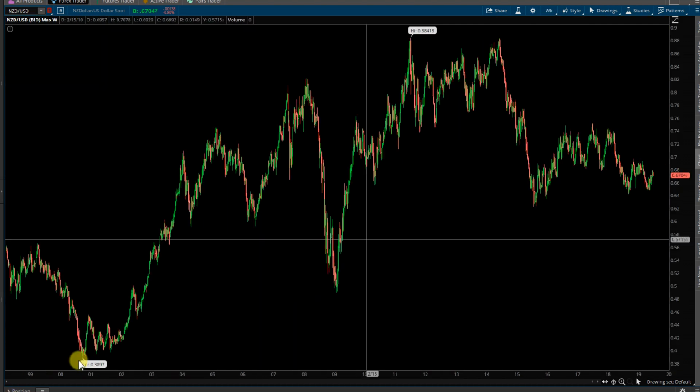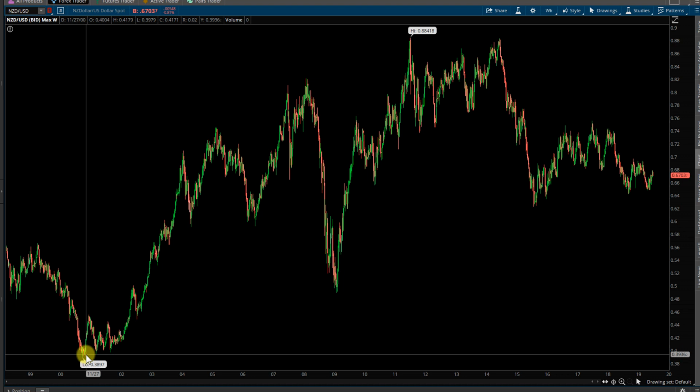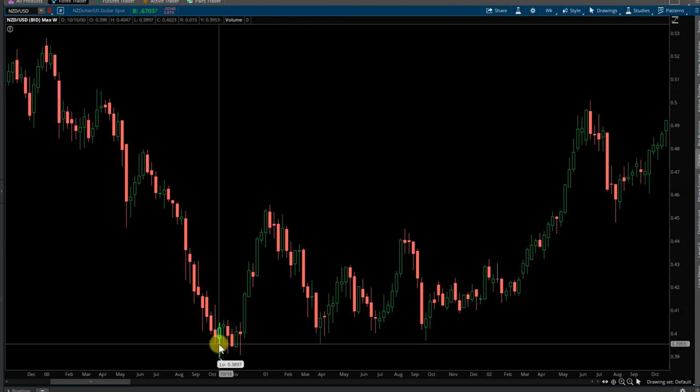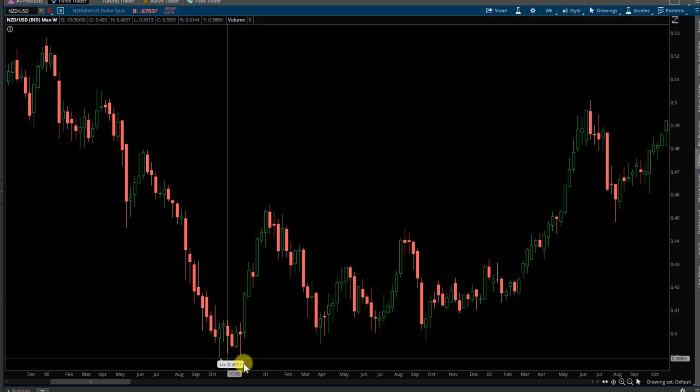What you want to do is look at the first impulse wave of the lowest part of the lowest price action you have on the chart. So right here, the lowest I have in my chart is from October 2016, at the price level